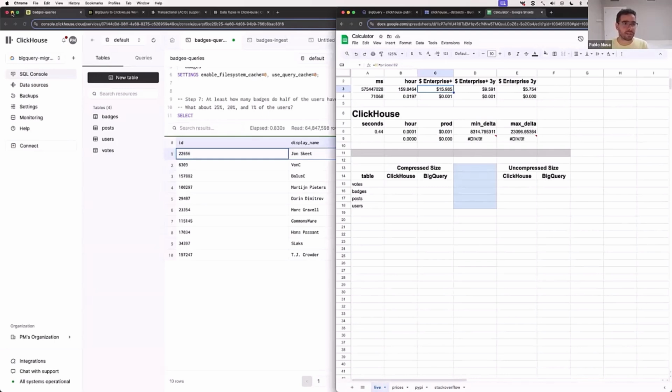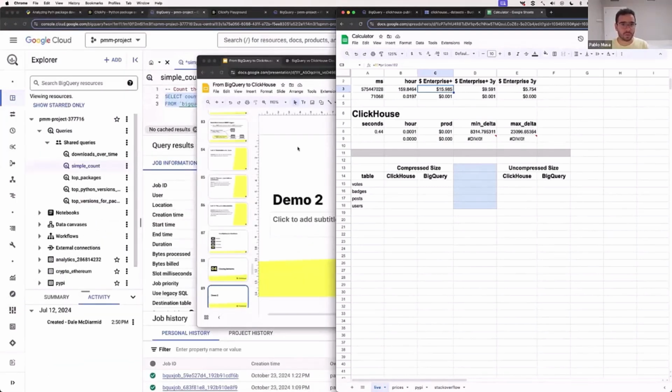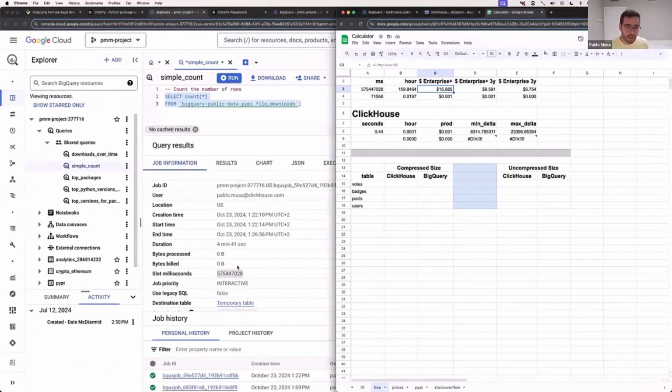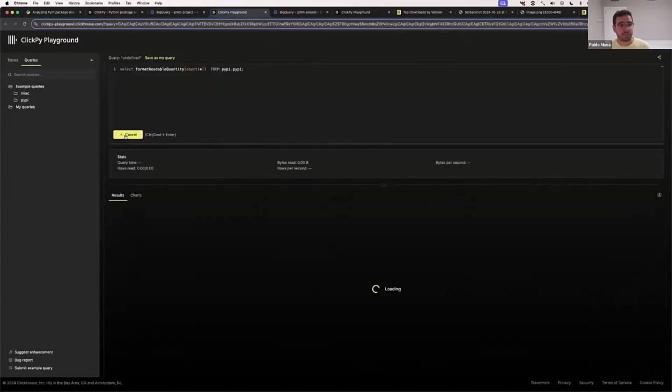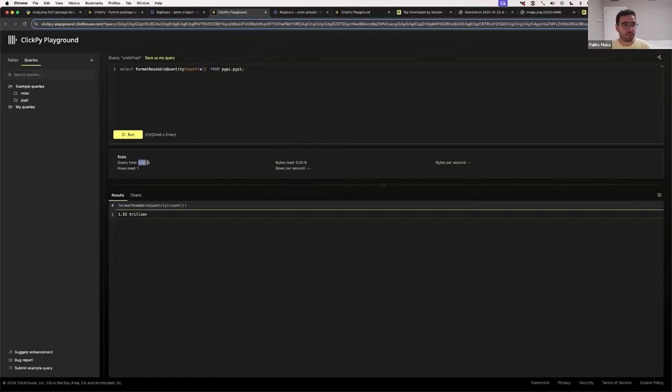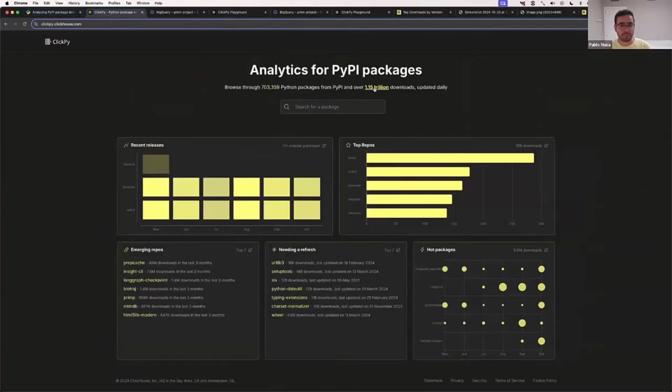Let me start, I don't need this anymore for now. And this one, I actually will go this way. Yeah, sorry. So it cost me around $5 to $15 to run one query to just know the number of rows that I have within this table. Okay? If I run the same thing in ClickHouse, it takes me 0.002 seconds. So 2 milliseconds. And this is what we use to